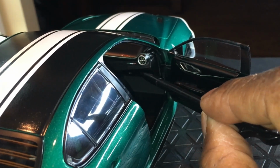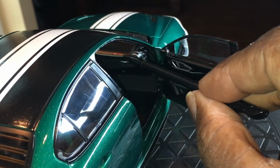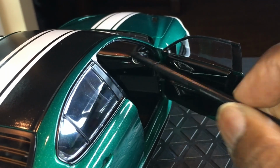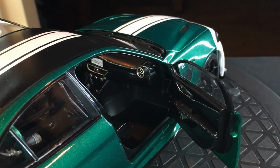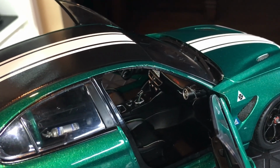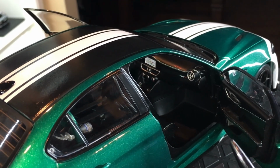The air vents there. You have your Italian stripes there. All this is basically painted or printed on here. But again, it looks pretty darn acceptable. I like that they included all this detail and the colors. I mean, if you think about some of the budget models of the past, they wouldn't have all this detail